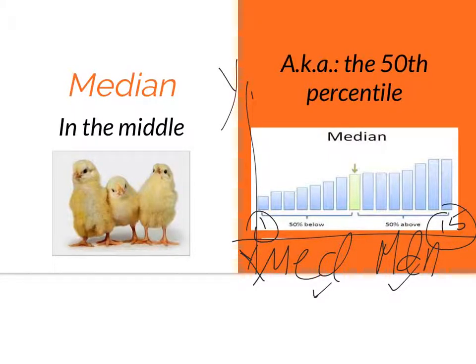We have all the values first in descending order, or you can do it the other way around, from the lowest to the highest, and then find the middlemost score. If you have an even number of values, the median is calculated as the mean between the two middle values. I forgot to mention that the median is also called the 50th percentile,